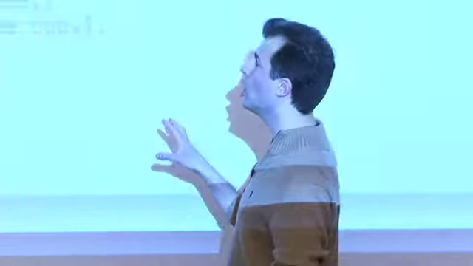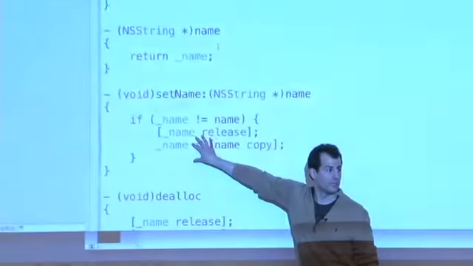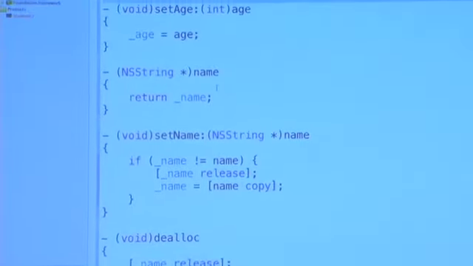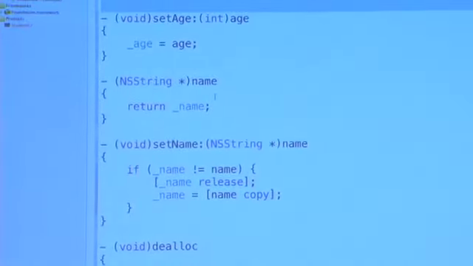And now, frankly, it feels like it's going to quickly get bug prone if I have to actually think about implementing my getters and setters with regard to memory management, which again in Java is handled for you. So can't the compiler help me here? Well, indeed it can. So this is Students 3 project. And I'm going to go ahead and open up